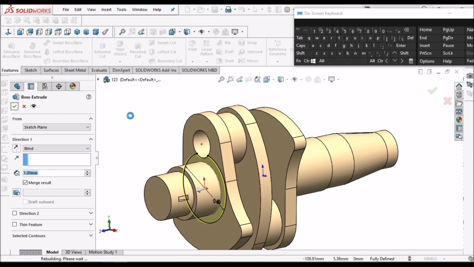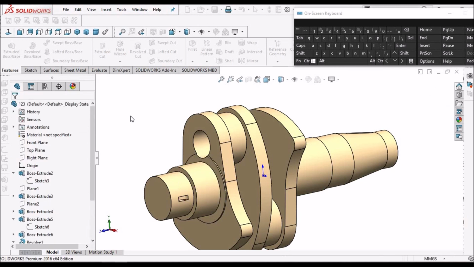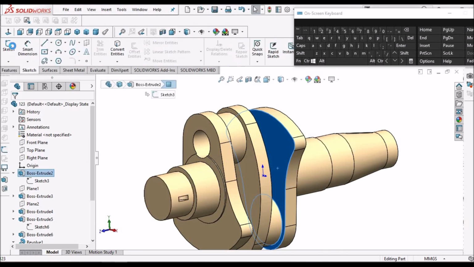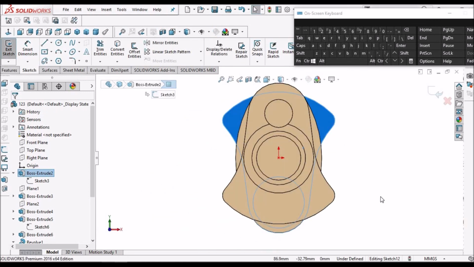Say okay. Select this, go to sketch, keep it normal.